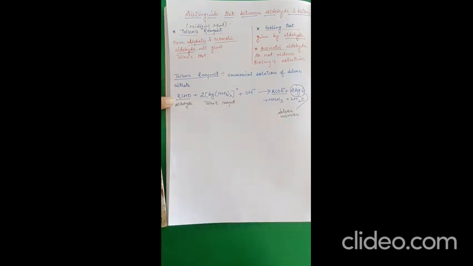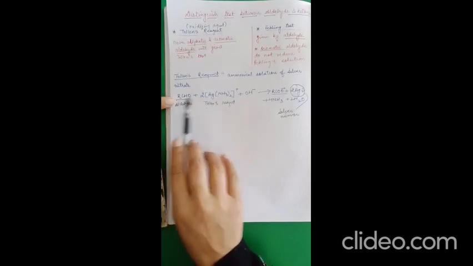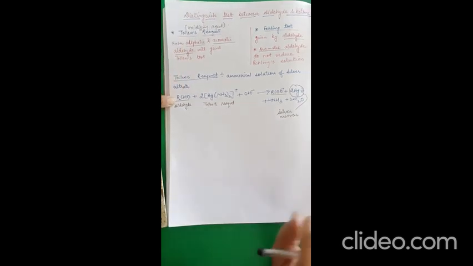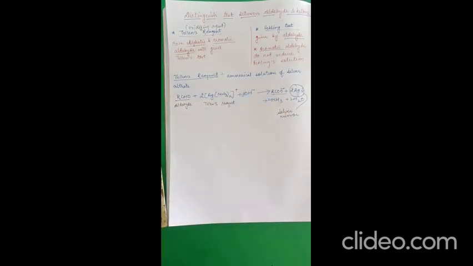If the formation of silver mirror takes place in the test tube, it means that particular compound is aldehyde. If you add Tollens reagent to ketone, no reaction will take place. It means Tollens reagent test is not given by ketone. Is it clear? And all the time you have to write the balanced equation in the board exam also, otherwise they will deduct marks.